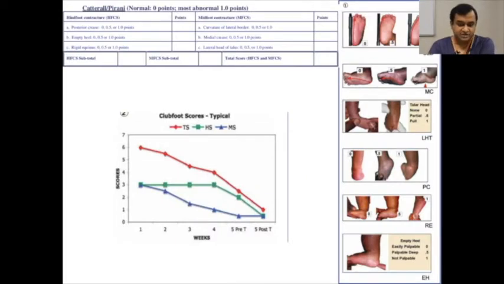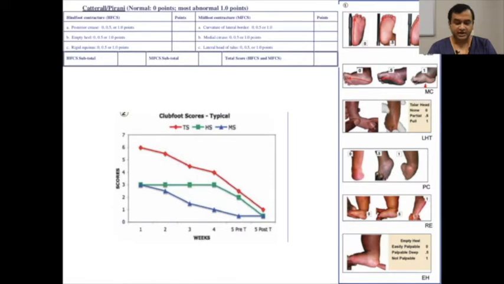This is the classification system which we use for clubfoot, the Pirani classification system. We won't be going into the details of it. It's just to assess the deformity on day one, how stiff the foot will be. It helps us to prognosticate to the parents how soon we can get the correction, how many casts will be used, what is the likelihood of a relapse, and what is the likelihood of a surgical intervention. So basically it helps in prognostication.